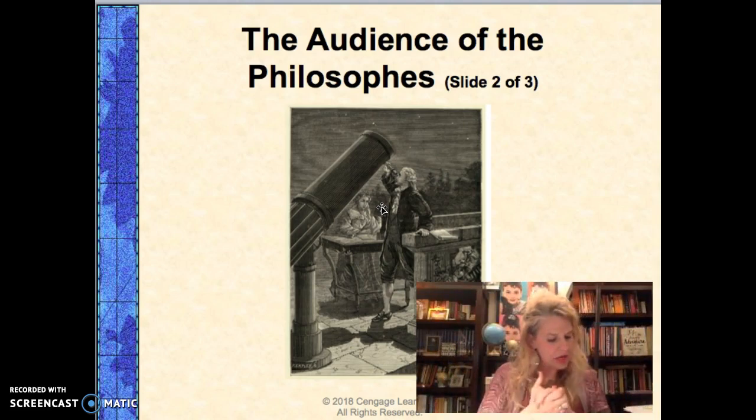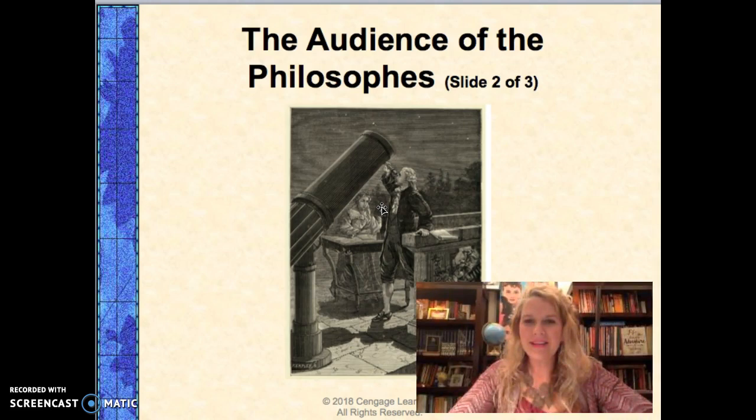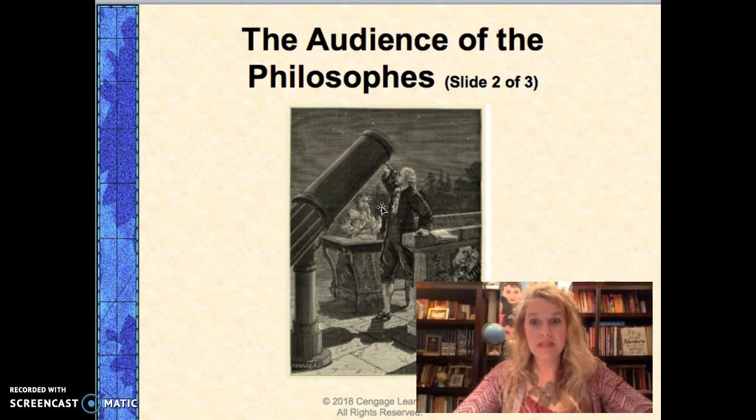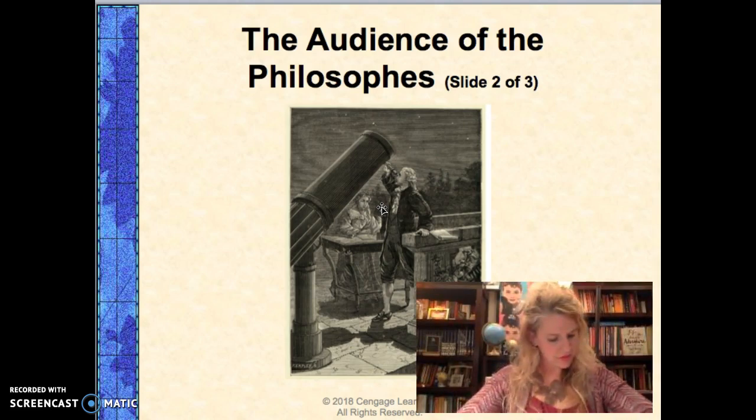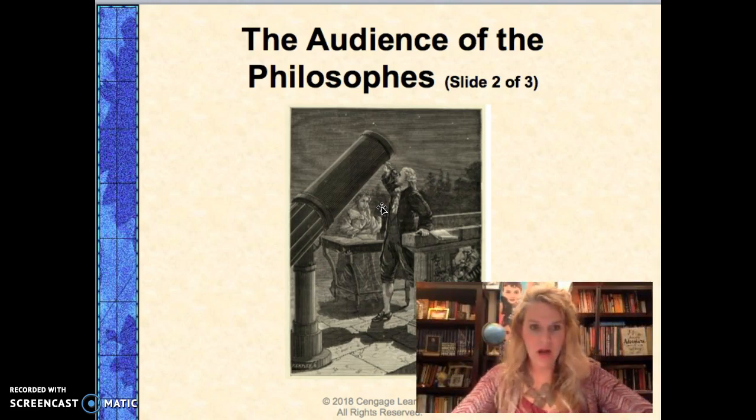Okay, and here we have a great picture of a brother and sister who are discovering astronomy together. Their names were William and Caroline Herschel, and I believe he discovered Uranus, and she discovered several comets. Okay, and